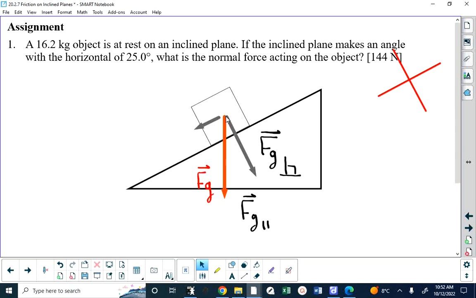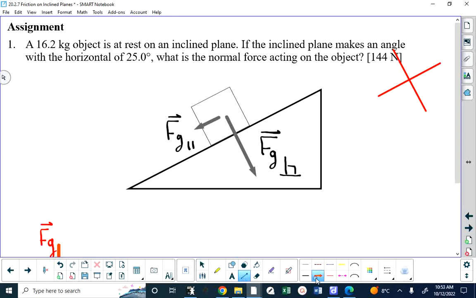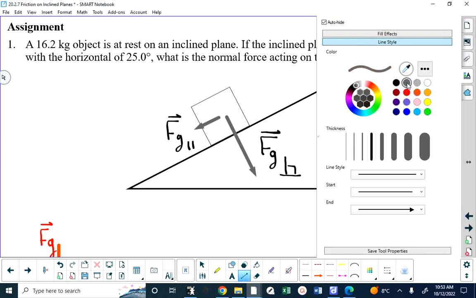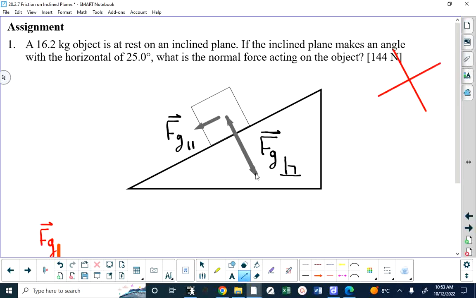When you look now, I'm going to get rid of this. When you look at those 2 forces, there is also another force that acts perpendicular to the surface. Somebody willing to volunteer why this other force has to exactly balance the force of gravity perpendicular? Alex? I would tweak that answer just a little bit and say, because it's not accelerating in that plane. It's not accelerating perpendicular to the ramp. Okay? And this, of course, is called the normal force, which leads us to